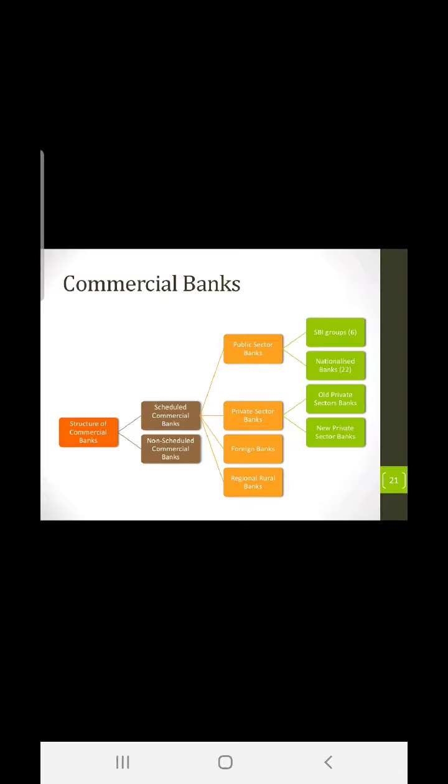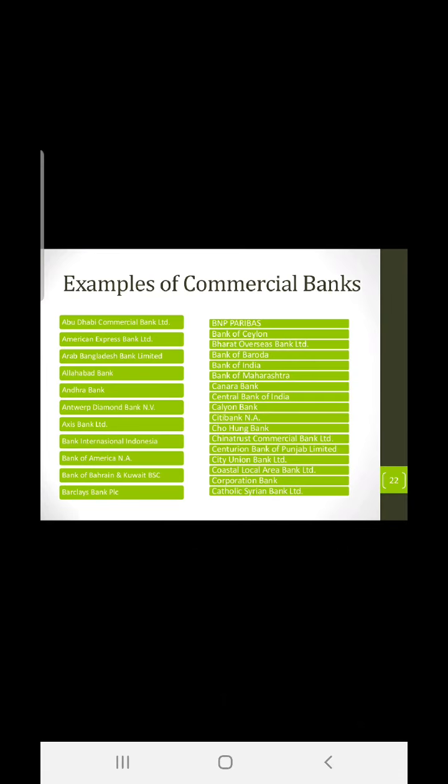Public sector means government undertaking, private sector means most of the shares held by a particular individual or the private owner. Okay, commercial bank concept is cleared. The next content is examples of commercial banks. You can see. Okay,